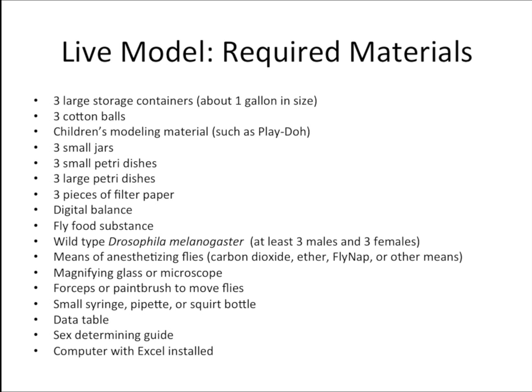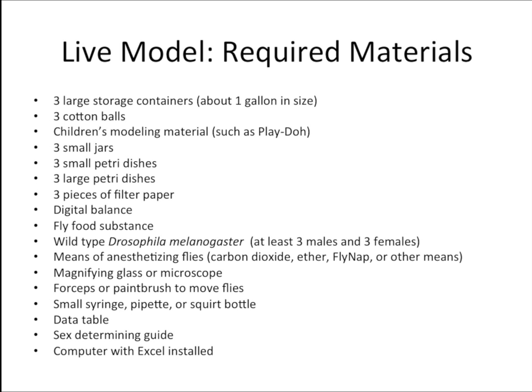The live model has a list of required materials. You need 3 large storage containers, about 1 gallon in size, not the big totes, but the ones that sit on a bookshelf. You get them from Walmart or a dollar store. 3 cotton balls, children's modeling material, like Play-Doh, or there's different brands, 3 small jars about the size of a small peanut butter jar, 3 small Petri dishes, and then 3 larger Petri dishes, 3 pieces of filter paper, a digital balance, food